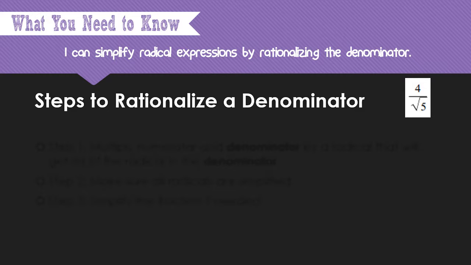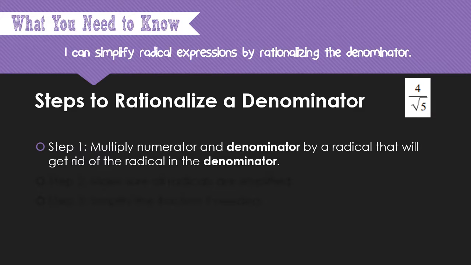So what you need to know, we want to figure out how we can rationalize the denominator. And what that means is when we have a square root that's not a perfect square in the denominator, that means we have an irrational number in the denominator. And we don't like that to happen. So in order to eliminate that square root, or to make it a rational number on the denominator,